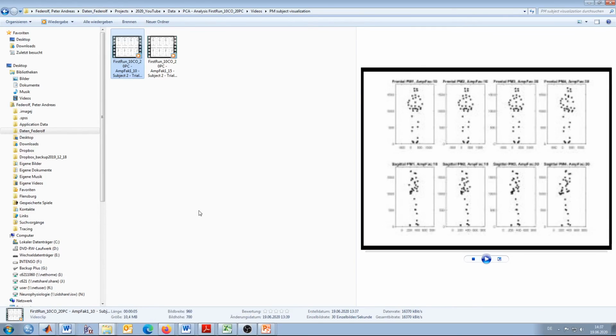So I hope that gave you a first impression of what the PManalyzer is and how to perform a first analysis of data. We will create more videos that will allow you, for example, to create better videos. At the moment you see only here the marker positions as they were read in. Obviously it looks nicer when you link those marker positions so that you get nice stick figures. You can also change the color, and there are other options that will be explained in a separate video, and